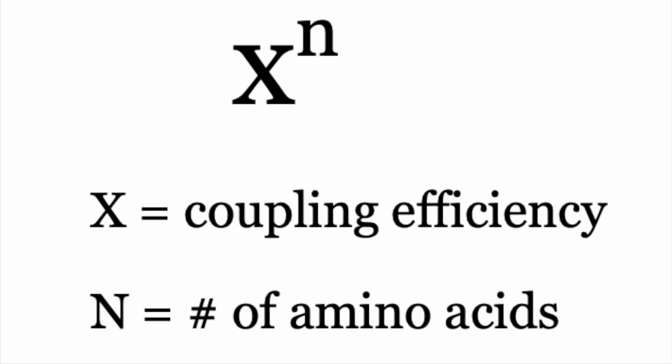That's just looking at this simple function here, x to the power of n. So x is the theoretical coupling efficiency of this amino acid to the next amino acid to the next, and that's to the power of n, which is the total number of amino acids in